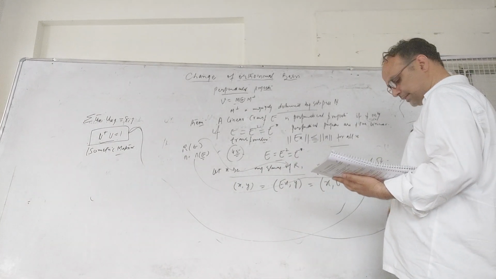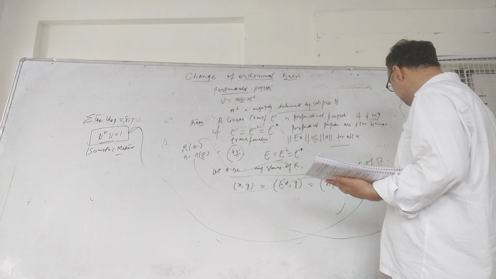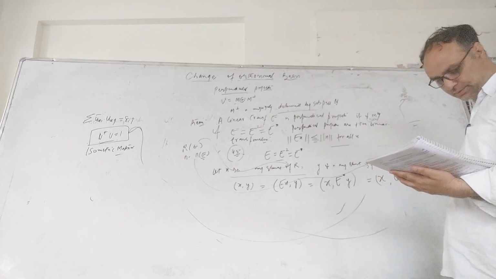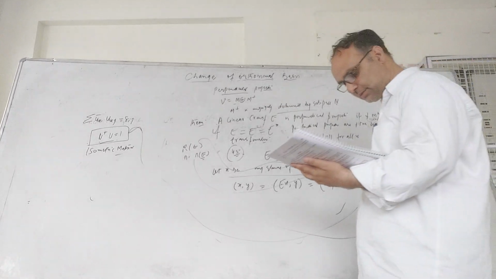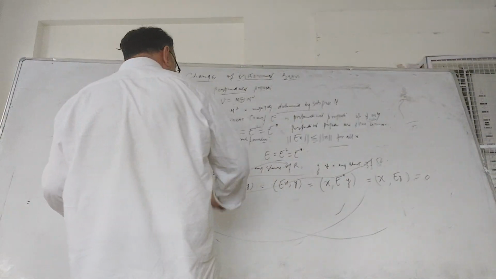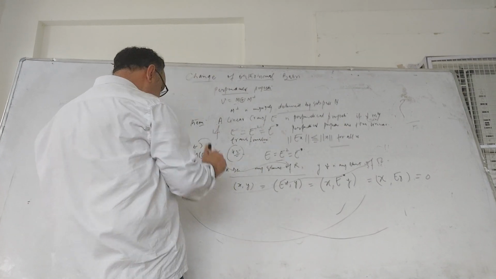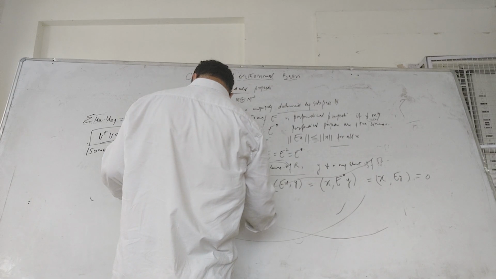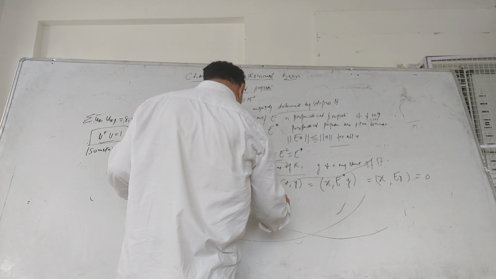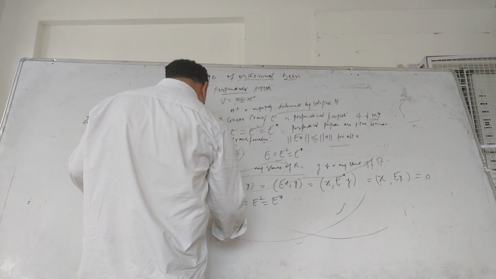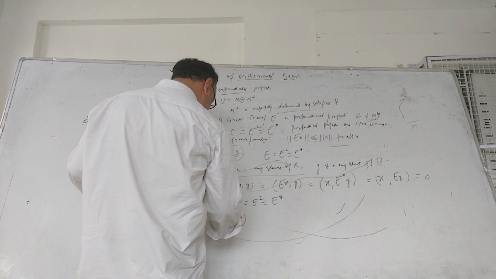Or X times EY should be 0. Because of that, it's orthogonal in that sense. So the positive character satisfying E is E square is equal to E, and from this you can say Ex, you can see it,